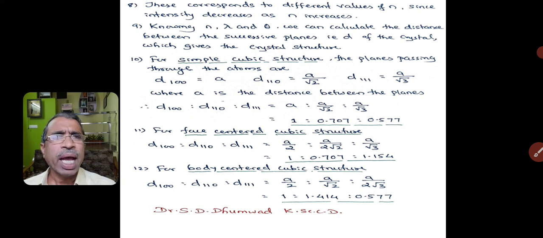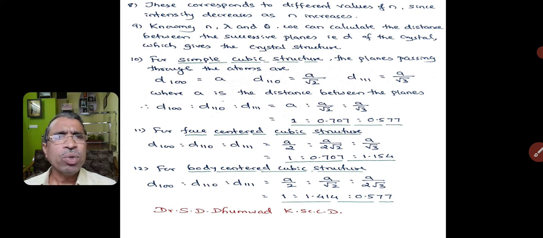These are known as the Miller indices and the values are given. How you get these values, you are going to learn in higher standards, where a is the distance between the two planes. For simple cubic structure, the values are 1